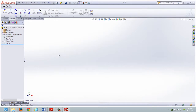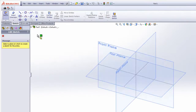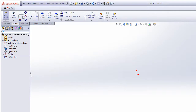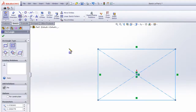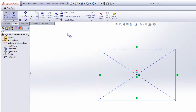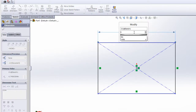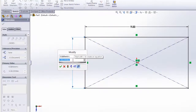And then we're going to draw this one just like we did the first two by using the top plane and starting with a center rectangle. So sketch, highlight the top plane, go to center rectangle and to the origin. Now this drawing is going to be 9 by 5, the base of it. So I'll smart dimension this to 9, smart dimension this to 5,